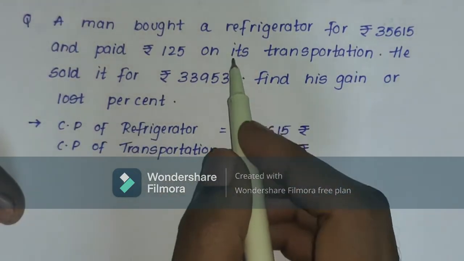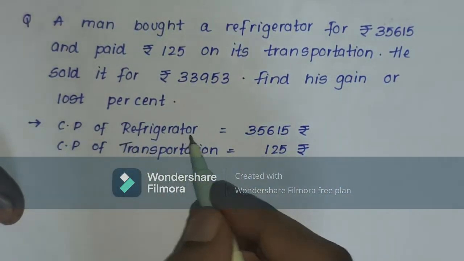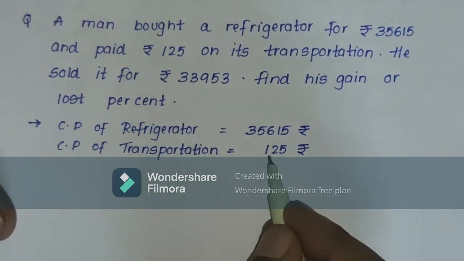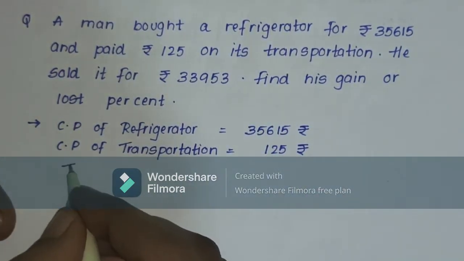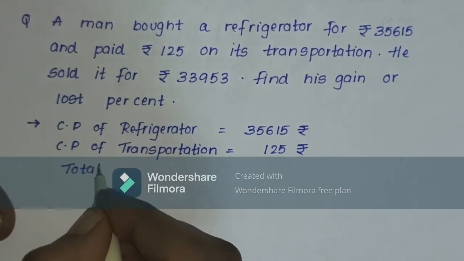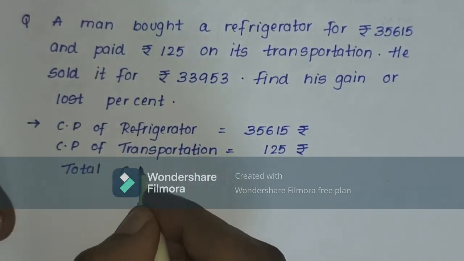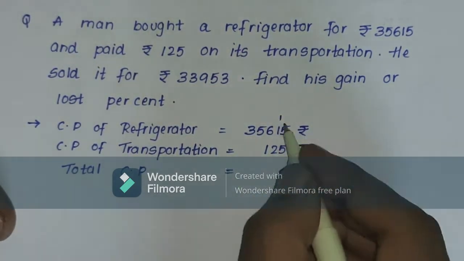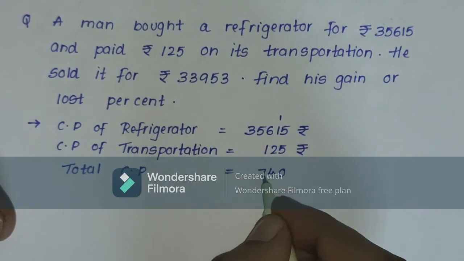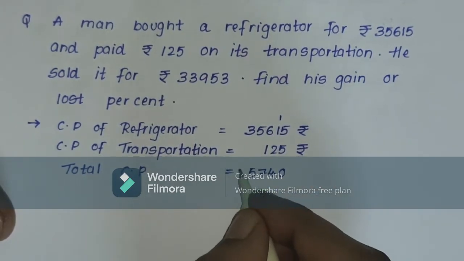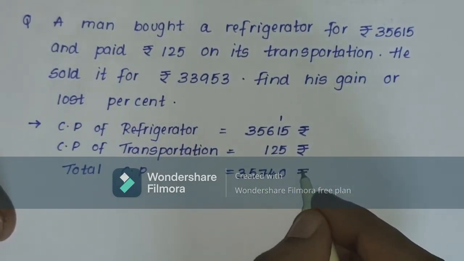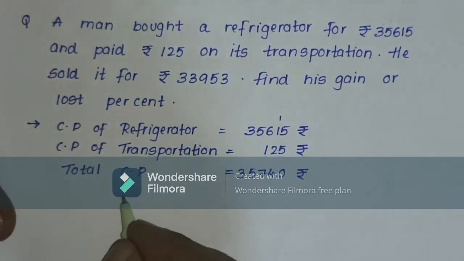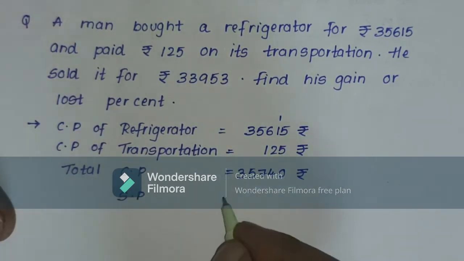Student, if you see from the given question, the CP of the refrigerator is 35,615, whereas the CP of transportation is 125. That means you can find out the total CP. So the total CP will be how much? Just add it. 1 carry here. 4, 7, 5. So this will be the total CP of the given question. Okay, then you have the SP also. What is the SP? The SP is